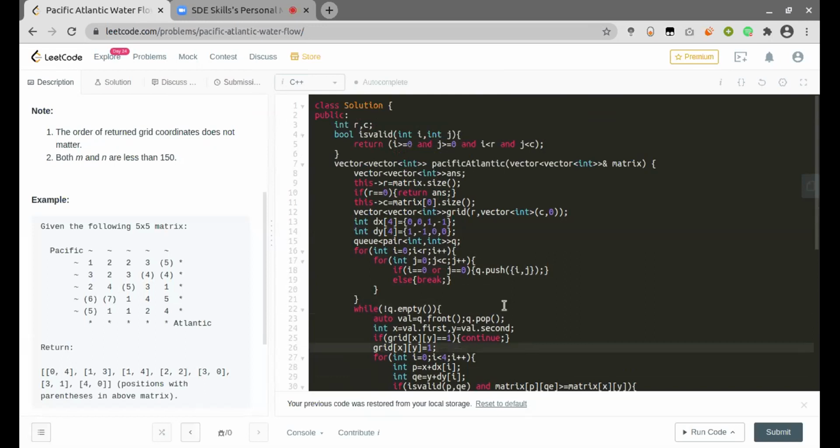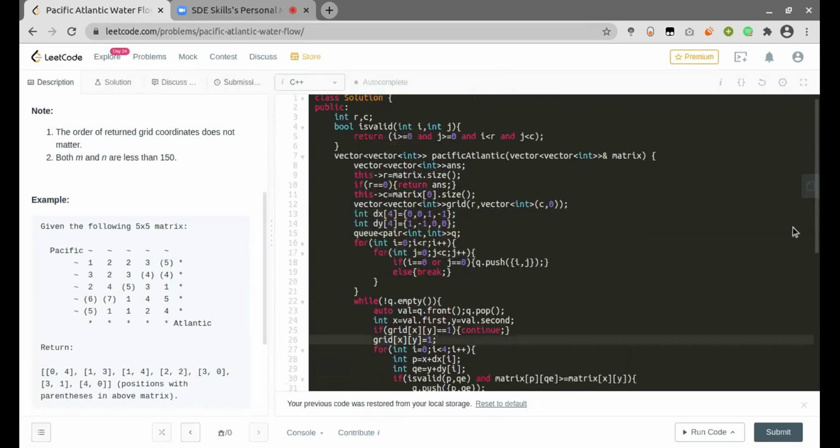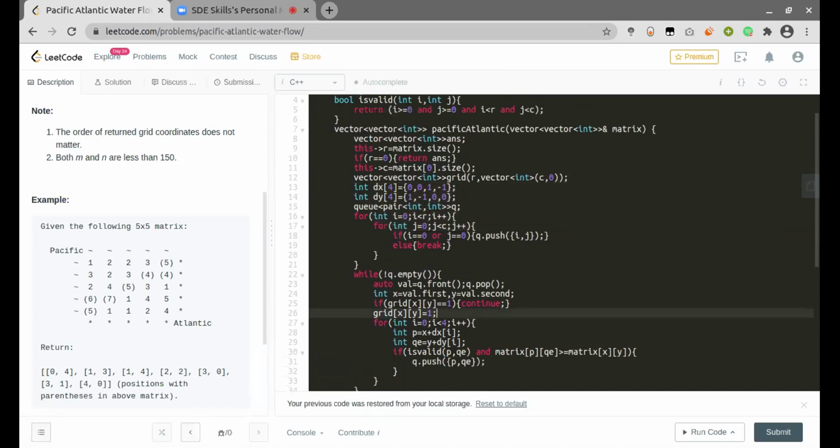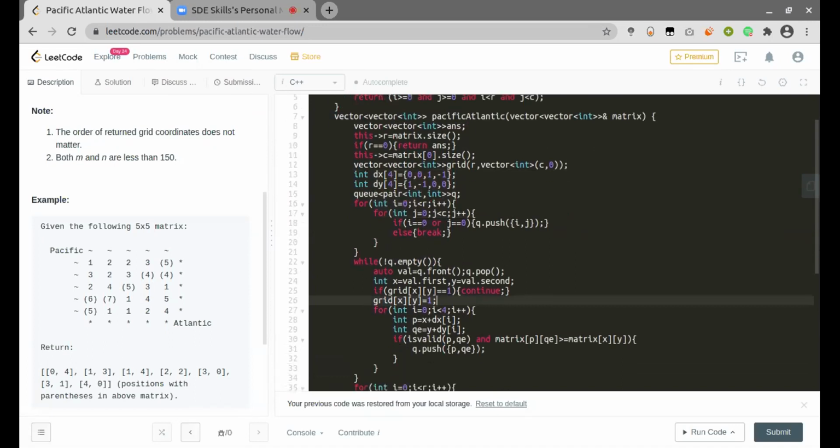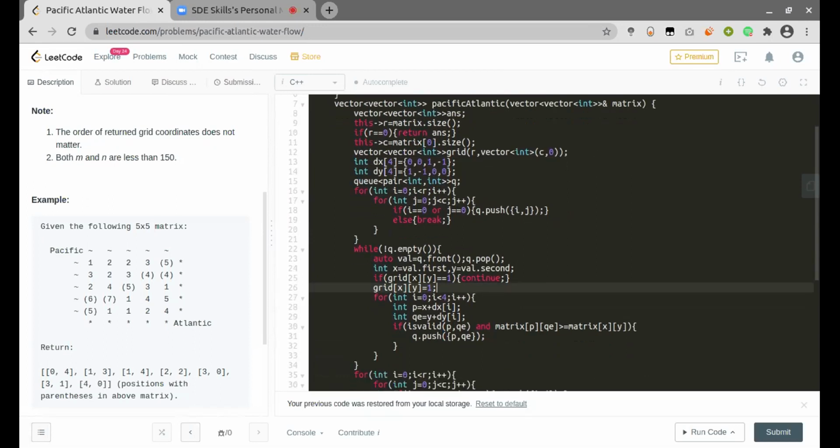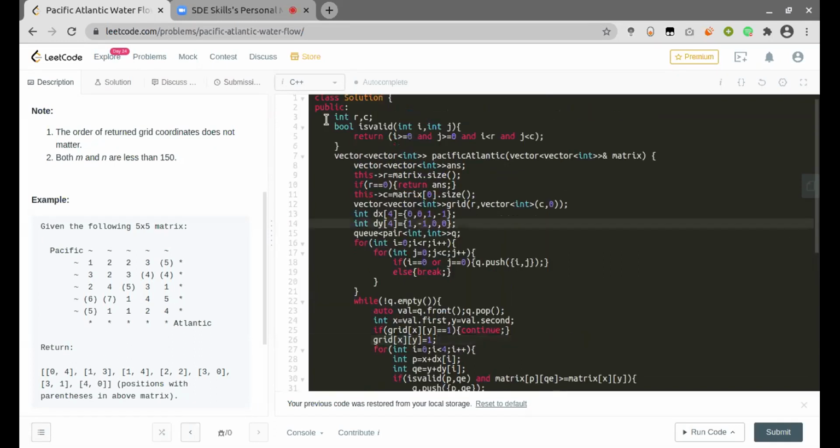Yeah, this is an optimized BFS and DFS both, because you're generating the answers right there. Or else you need another step at the end to find out which are the cells which are visited by both of them. But this makes it a super smart way of doing it, right? Yeah. Cool.